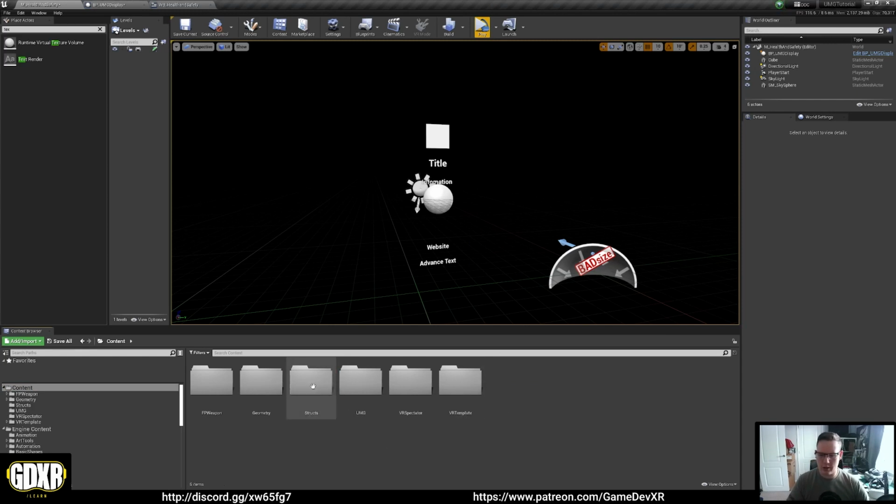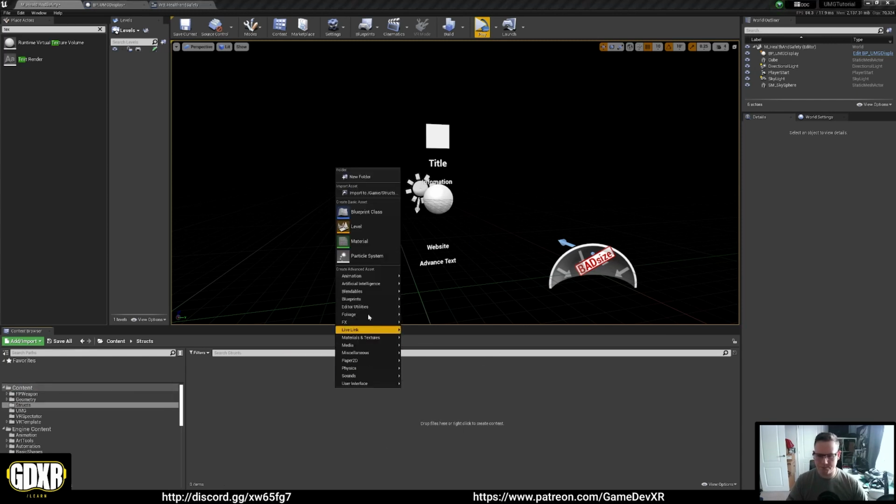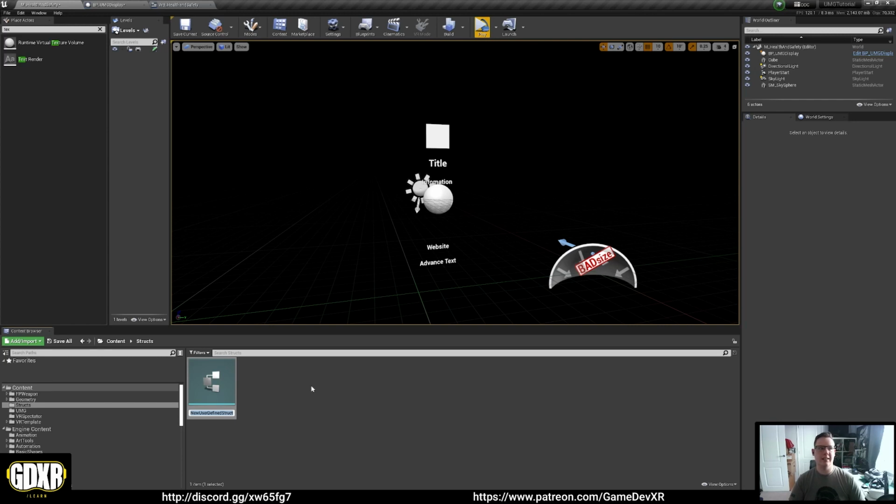And this is basically going to store our information. So we're going to open this up, and we're going to go to Blueprints, and we're going to create a struct here. What a struct is, basically, is a list of information we can access and use to populate different things within our game. So we're going to call this S for struct underscore health and safety